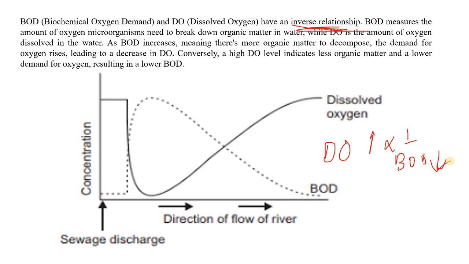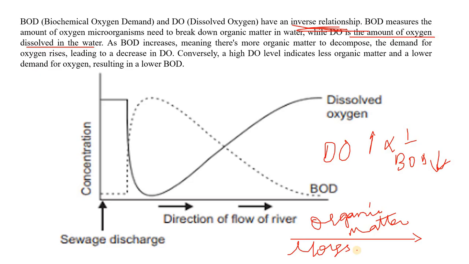First, let's learn the basics. DO is the amount of oxygen dissolved in water which is required by the aquatic organisms, flora and fauna. But what happens is that when the organic matter increases, let's say an industry is dumping waste and the organic matter is increasing, what will happen is that the